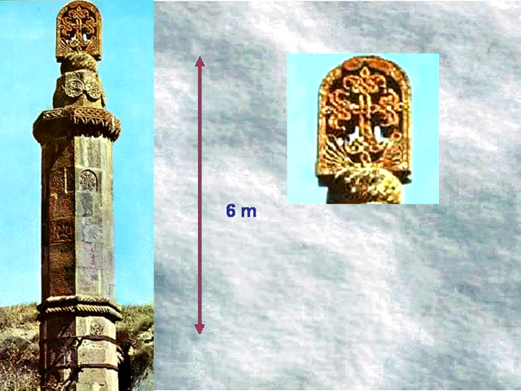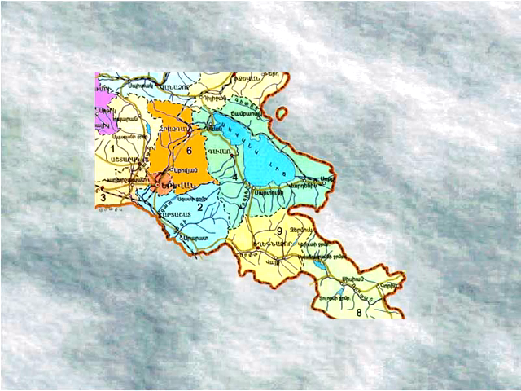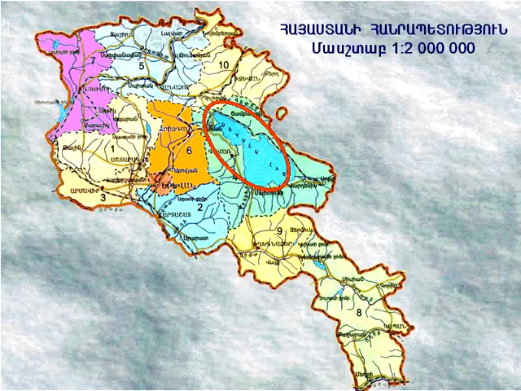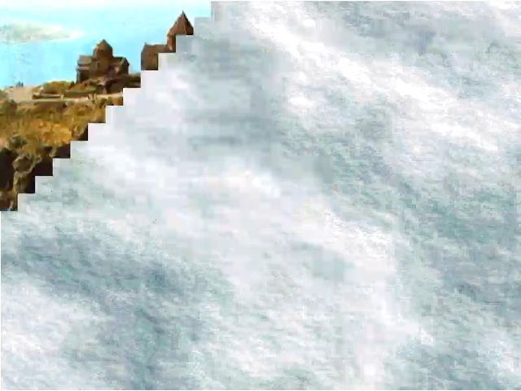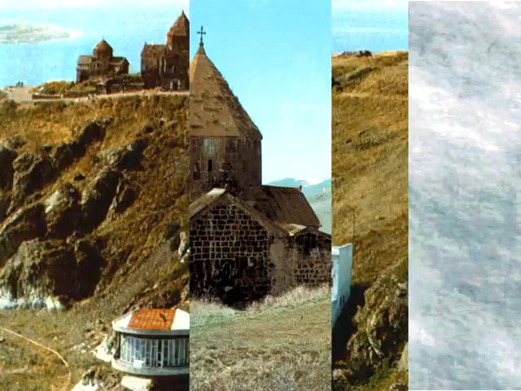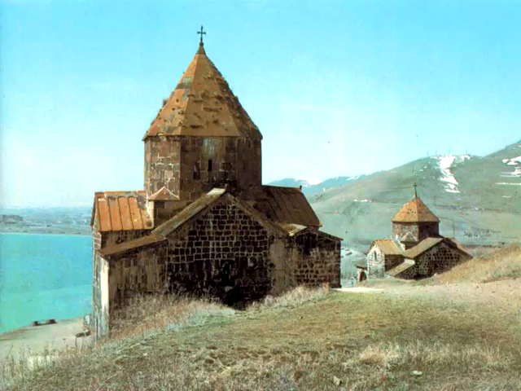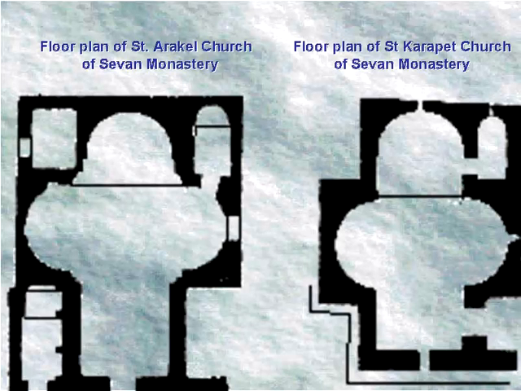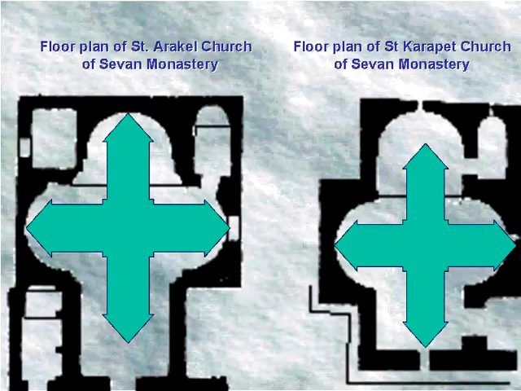The monastery of Sevan, located on the peninsula of Sevan, also belongs to the school of Syunik. The churches of the Sevan monastery were built in 874. The small churches are called Saint Karapet and Saint Asvatatsin, and the third one is called Saint Harutyun. The last one is in a half-ruined state. The two churches are reproductions of the central dome cruciform design of the early Middle Ages.